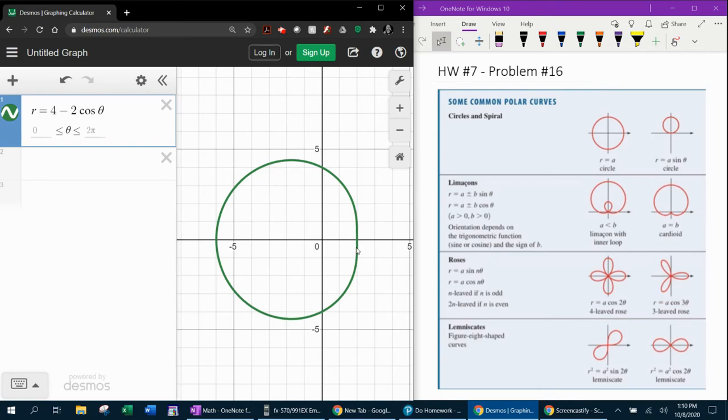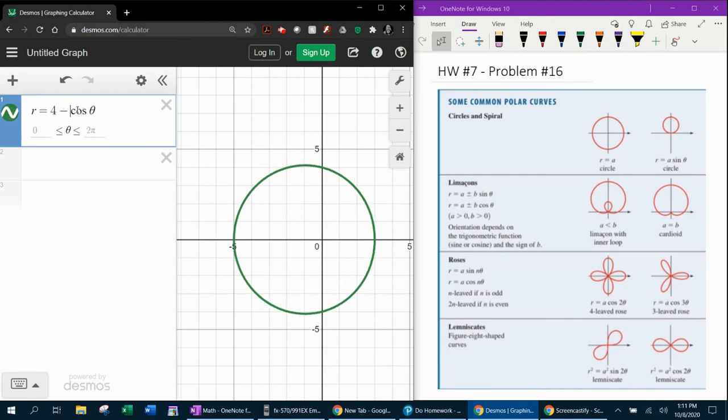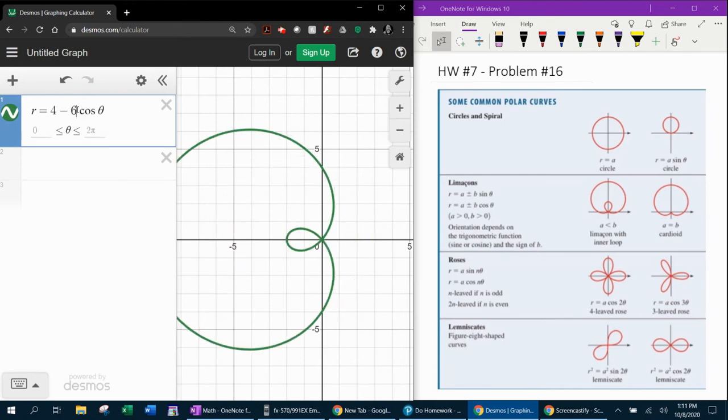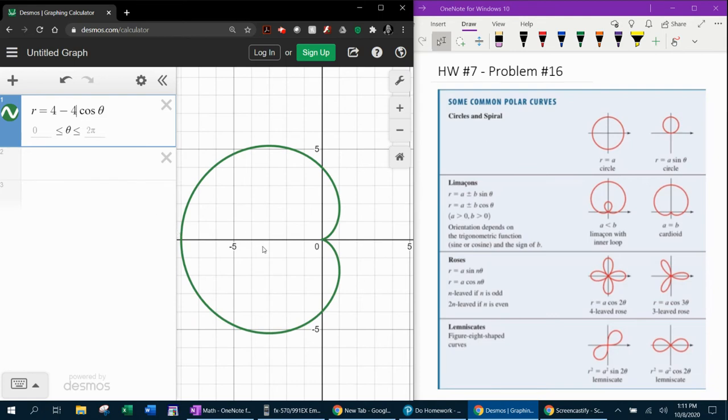Okay, so what does that mean? That means if A is greater than B, then it's not going to have an inner loop. And then if I change it to where A is less than B, then we do get an inner loop. And just to show you what I meant a second ago, if A equals B, they call this a cardioid. It comes in and touches the axis here. So a cardioid is like a peach or an apple,